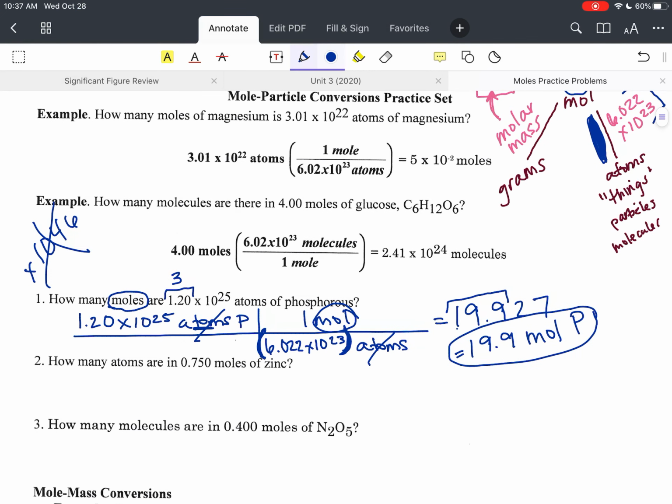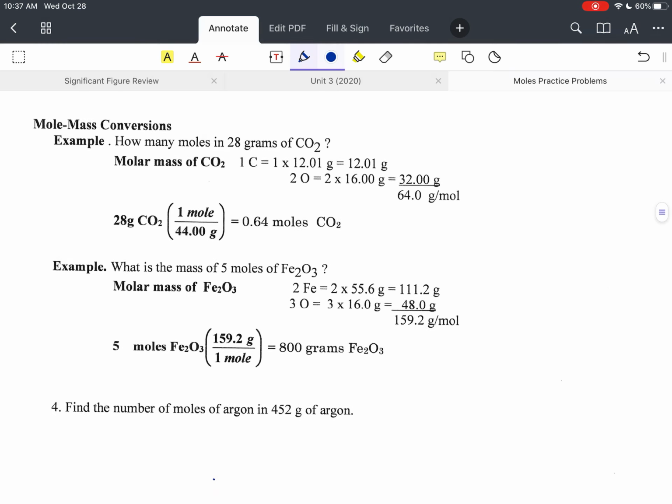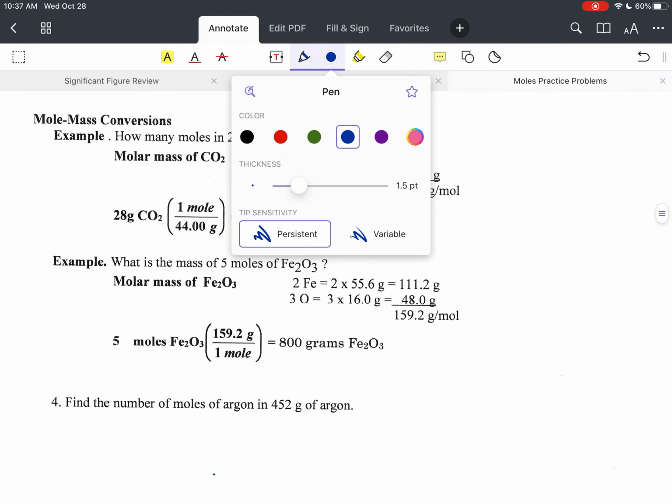Okay, I think that's all I'm going to do here. I'm going to let you try 2 and 3 on your own. Like I said, if you need help setting it up, the key is online. So now let's look at our